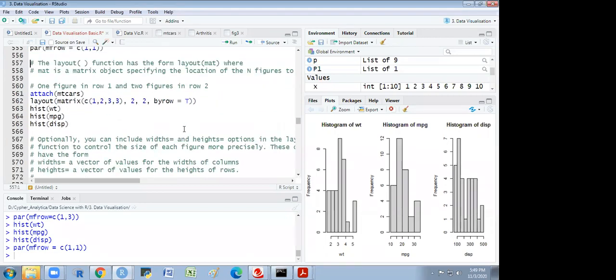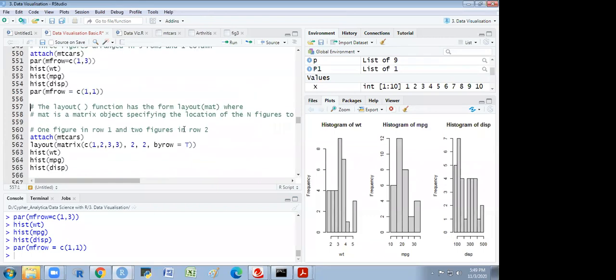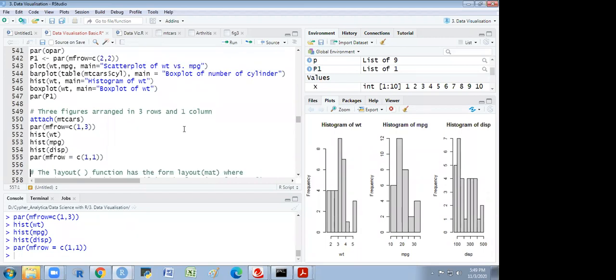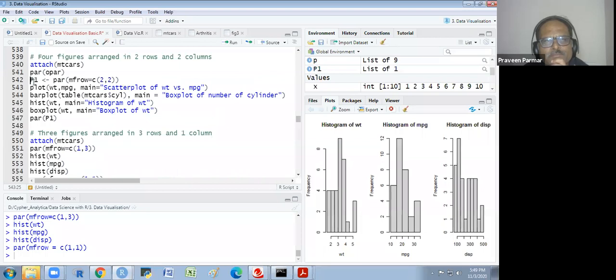Sir, yes, sir, I tried to do that. At line number 543, I attached empty cars and par opar. But it's coming like warning messages. Parameter cin cannot be set. But later on, I got the result, but this message is displayed. Why, sir? Which line?